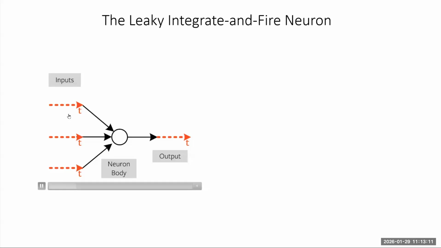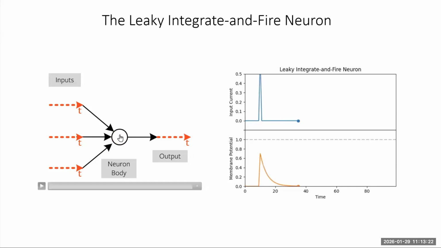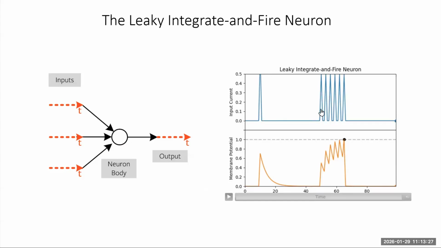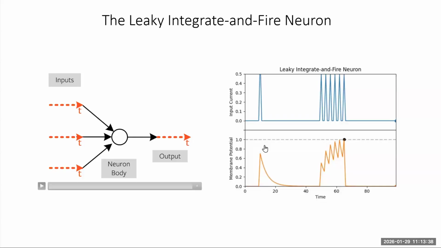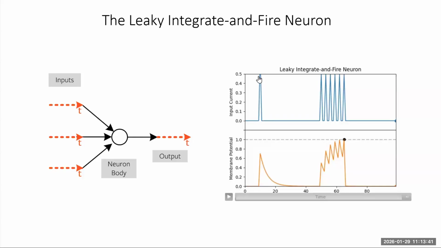So the vibe is something like this, right? Take this neuronal abstraction. If this neuron is sufficiently excited by these incoming spikes that vary over time, then that neuron transmits its spike to all downstream neurons. And it looks something like this. If I probe the difference between your intra and extracellular medium in response to this input current spike, then what we see is this membrane potential. It jumps up and it exponentially relaxes back to a steady state value, which is all normalized on the y-axis. That could be thought of as some sort of short-term memory, right? This is sustaining the response from the input current. That can be thought of as our leak, right? Charges leaking over time.